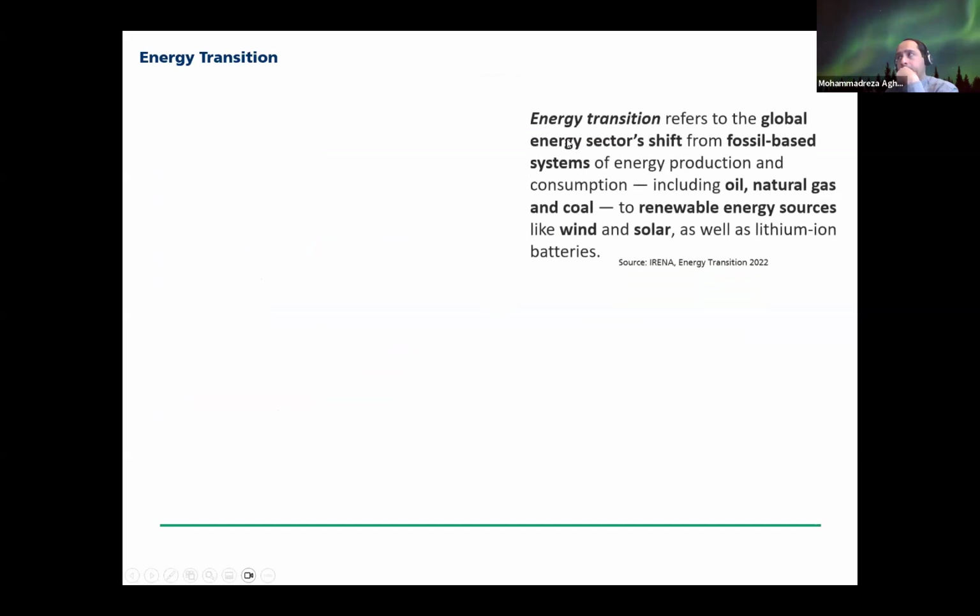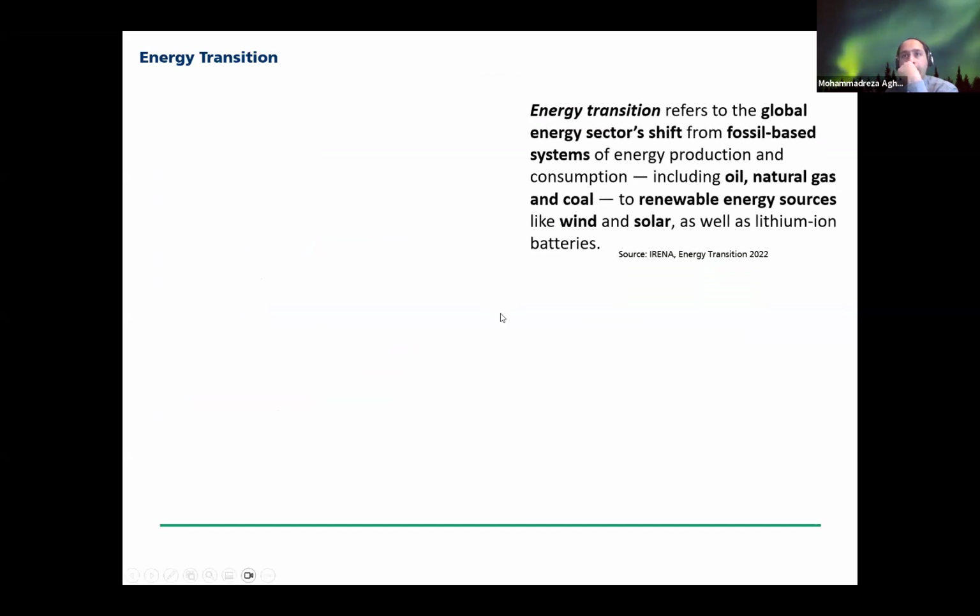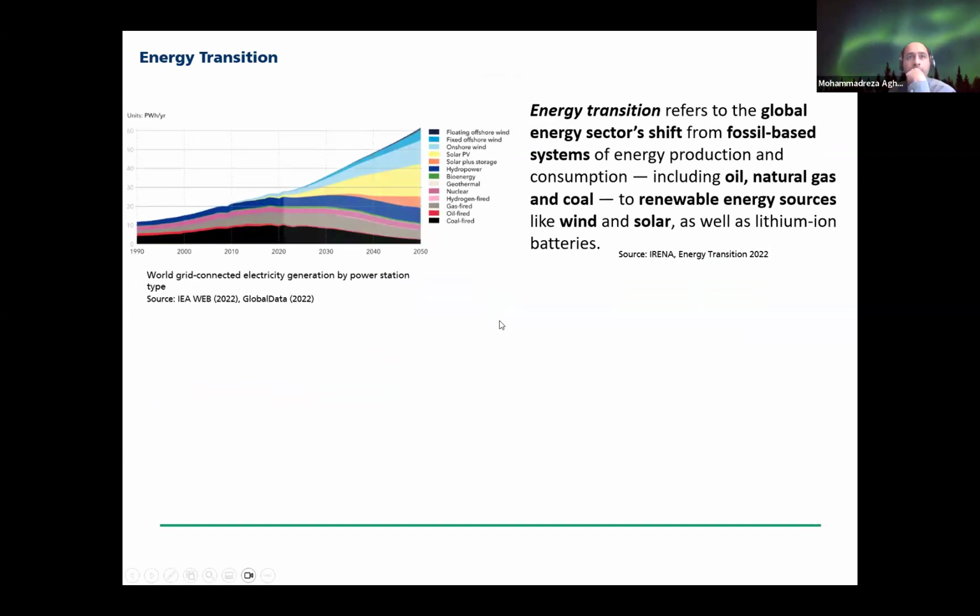So regarding the energy transition, as you know, energy transition refers to the global energy sector shift from the fossil-based systems, not only for the energy production, also for the consumption. And so we are smoothly trying to move from the fossil-based systems to the renewable-based systems. And you can see and observe the